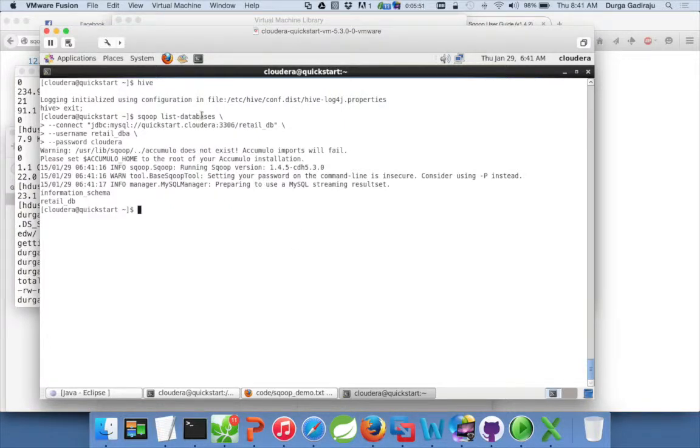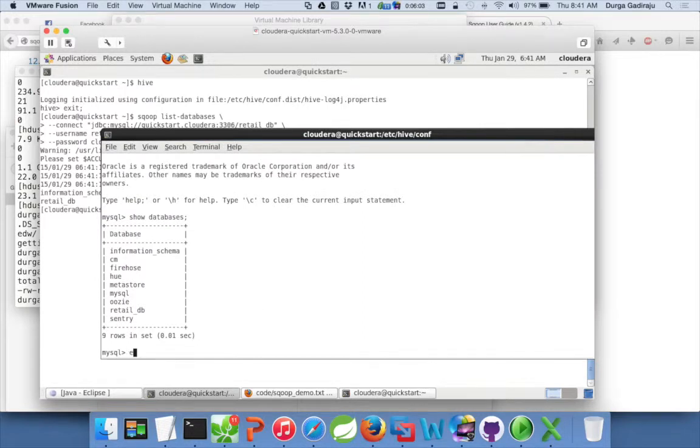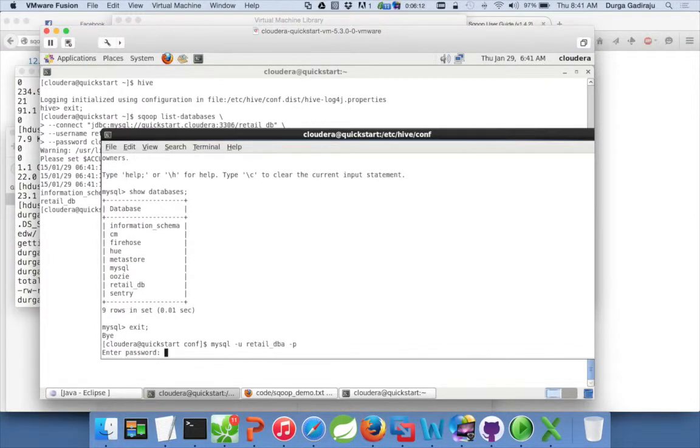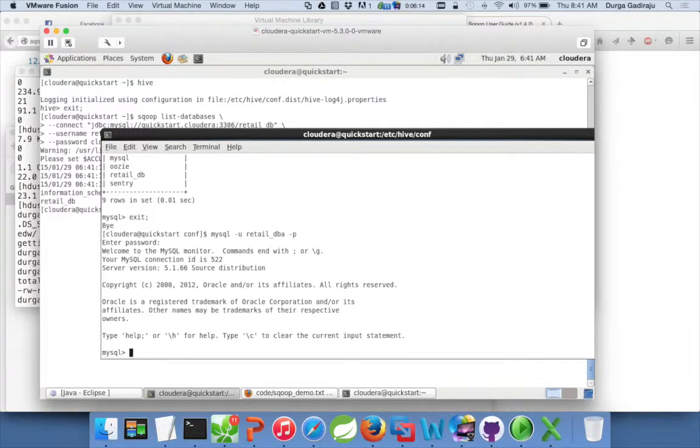For MySQL or Postgres, when you list databases, it will give you the databases for which you have access. In this case, retail_dba has access only to information_schema and retail_db. That's why it is only showing 2. To validate it, you can log in as retail_dba, which is the one we are actually using. The password is cloudera.